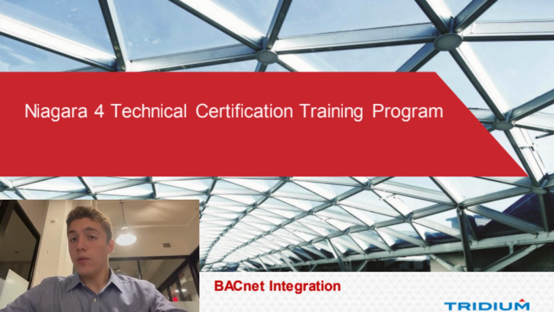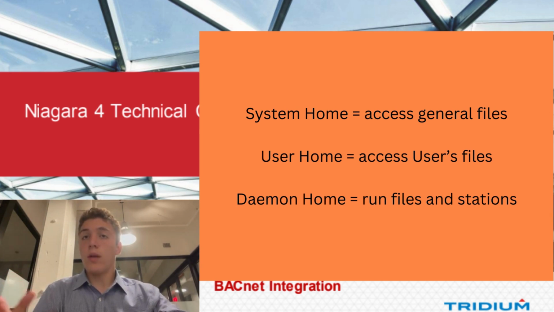Niagara has three different homes: a system home, a user home, and a daemon home. A system home is used to access general files. A user home accesses your specific files, the user's files. And the daemon home is where files are run. In order to run stations, they have to be copied from the system or user home to the daemon home